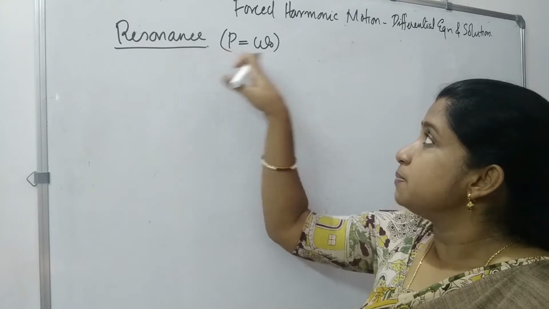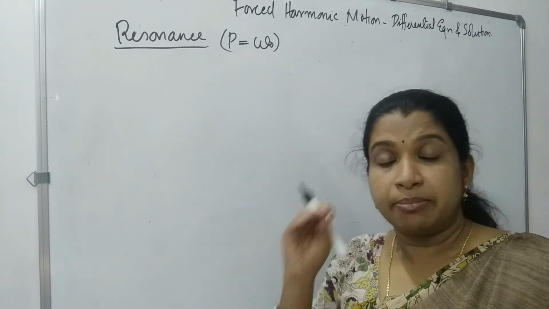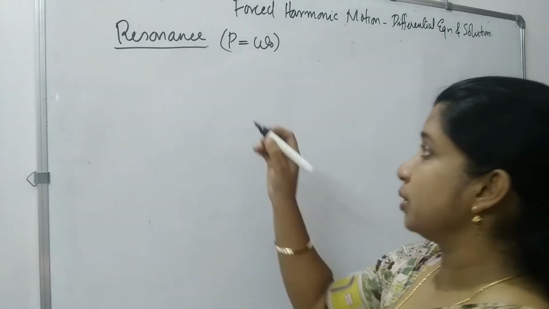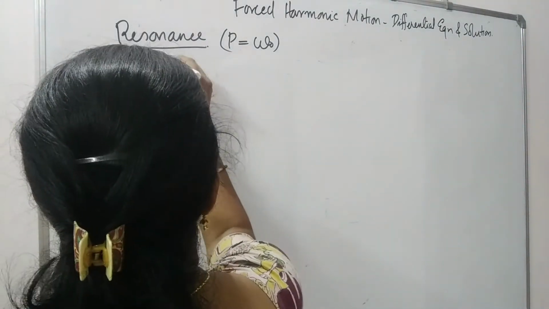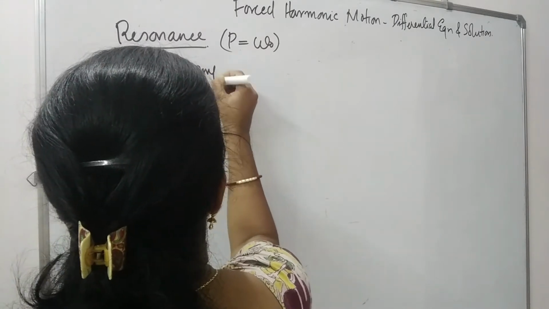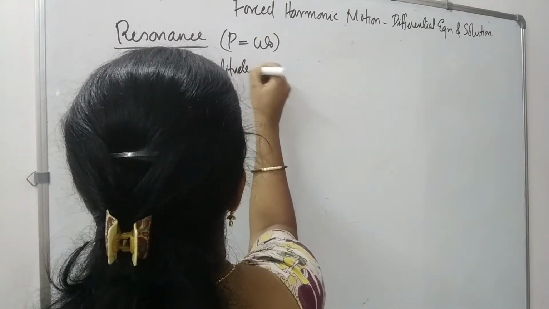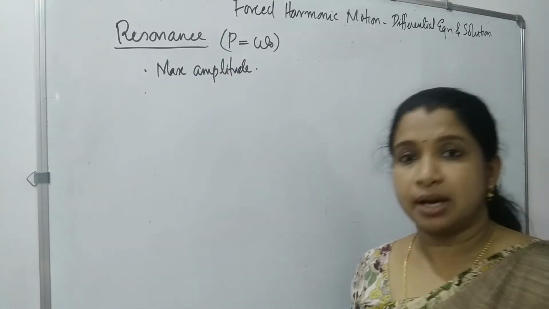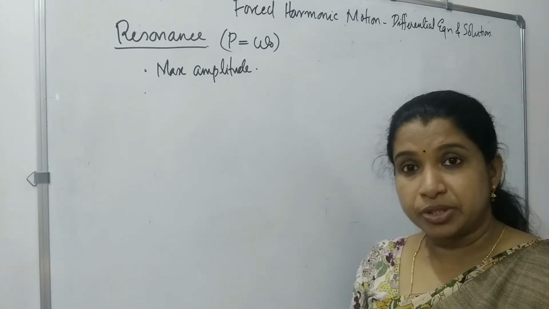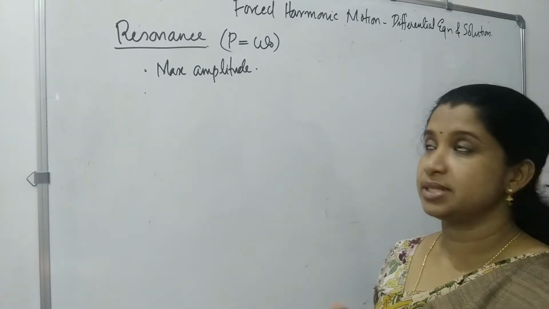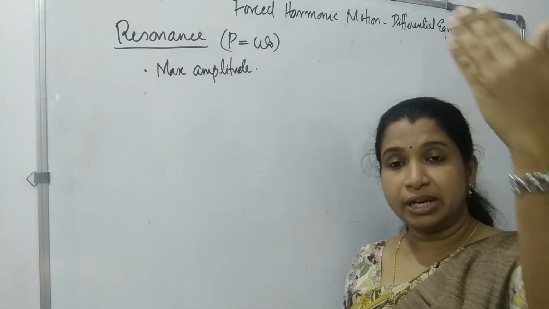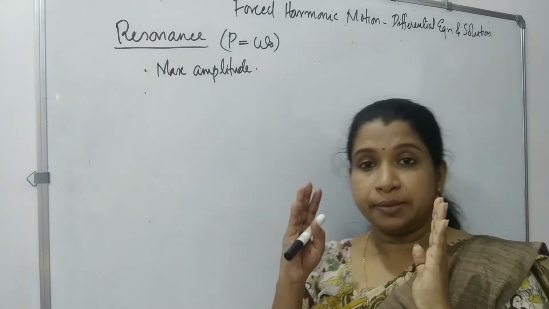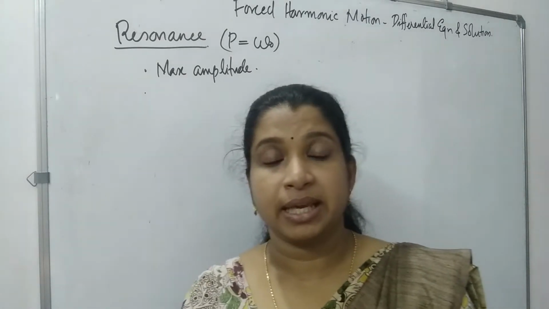What happens when this matching of frequency occurs? The body oscillates with maximum amplitude. So the result is maximum amplitude. Then this condition is called resonance. So we are familiar with resonance. Resonance means matching of frequency. Matching of frequency means the external frequency becomes equal to the natural frequency, and at this particular frequency alone the body oscillates